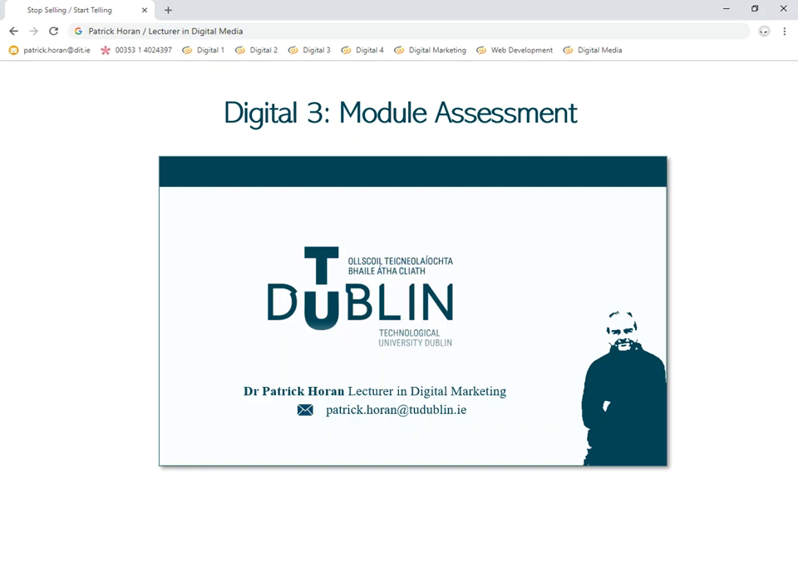In this tutorial, we're going to look at the module assessment for Digital Tree. In total, there are two assessments, and the first one is worth 75% and the second one is worth 25%. They follow on from one another, so you're going to see exactly how the assessments progress from 1 to 2. We'll kick off by just having a look at the